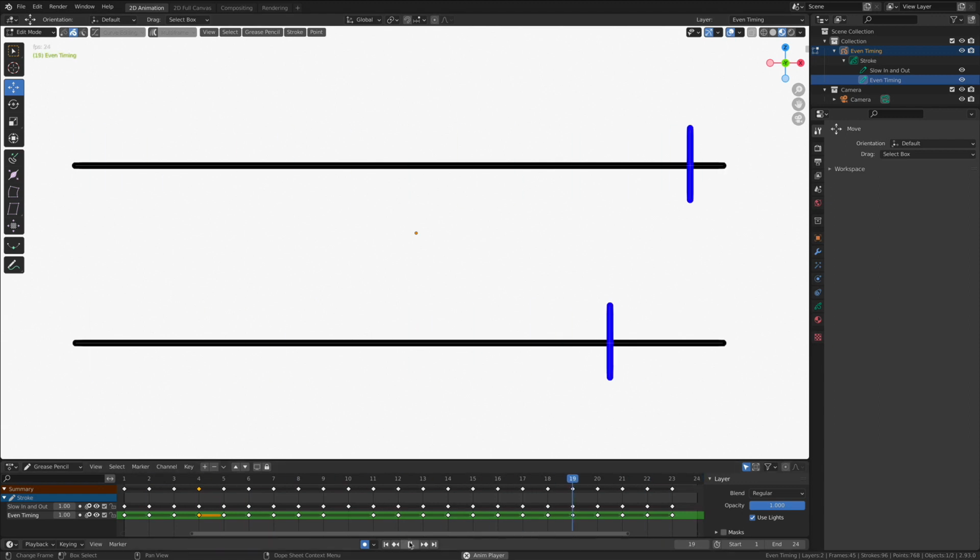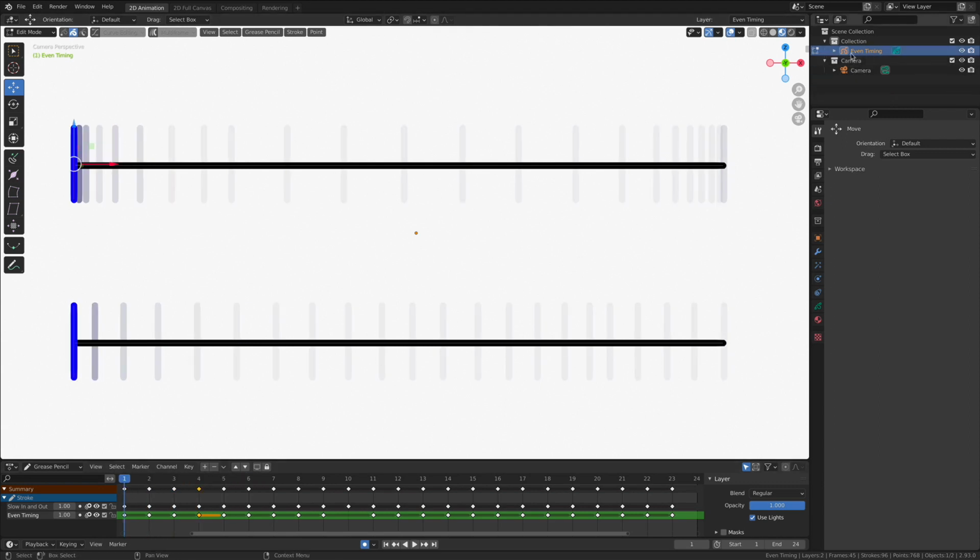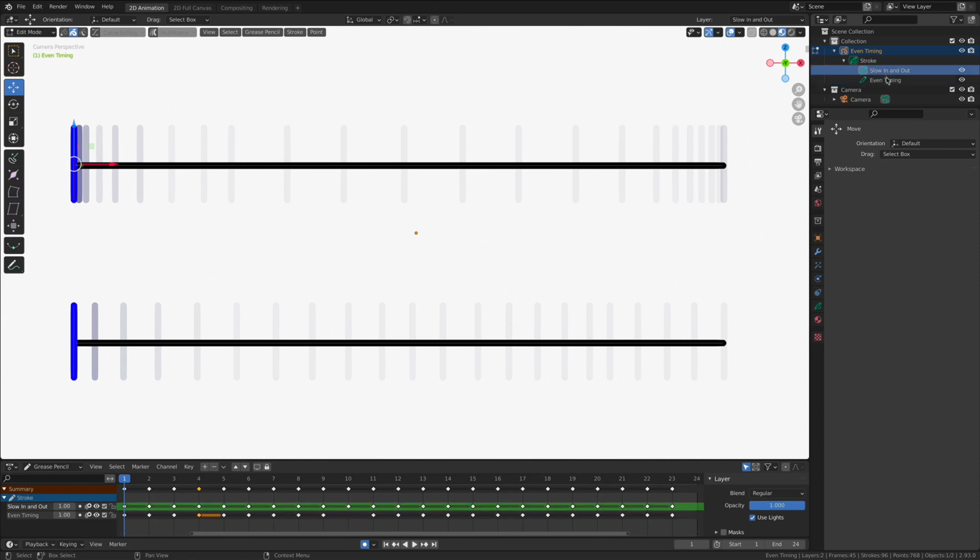And it's really easy to create these animation layers, and there's some big benefits to them, okay? So all of this is contained on a specific object itself. It's called even timing, and this is the example that I was using for the bars. Now down below in our outliners, of course, we have the grease pencil stroke object itself, and inside of it we have our animation layers. Well, how do we create these animation layers? This grease pencil stroke comes with the default grease pencil object, but inside it, how do we create these animation layers? Well, let me show you how to do it real fast.